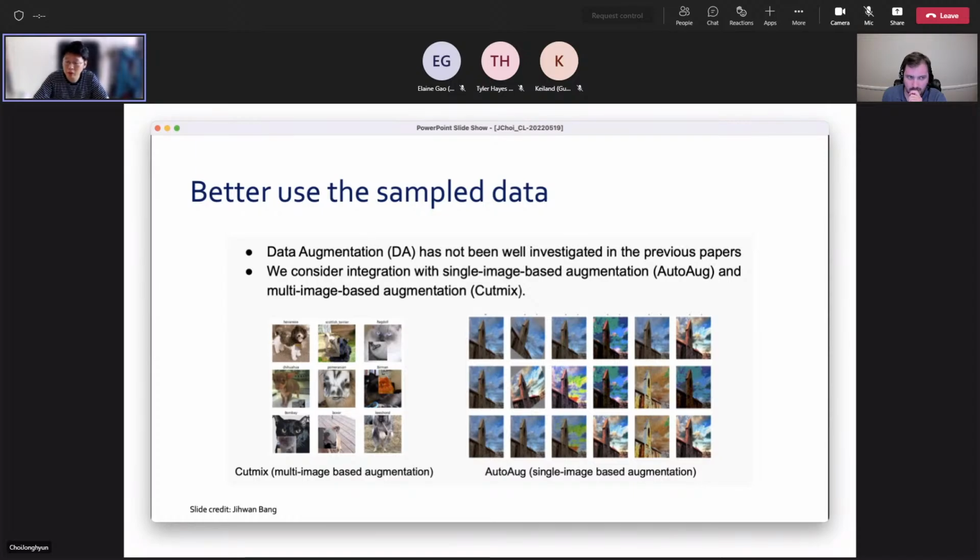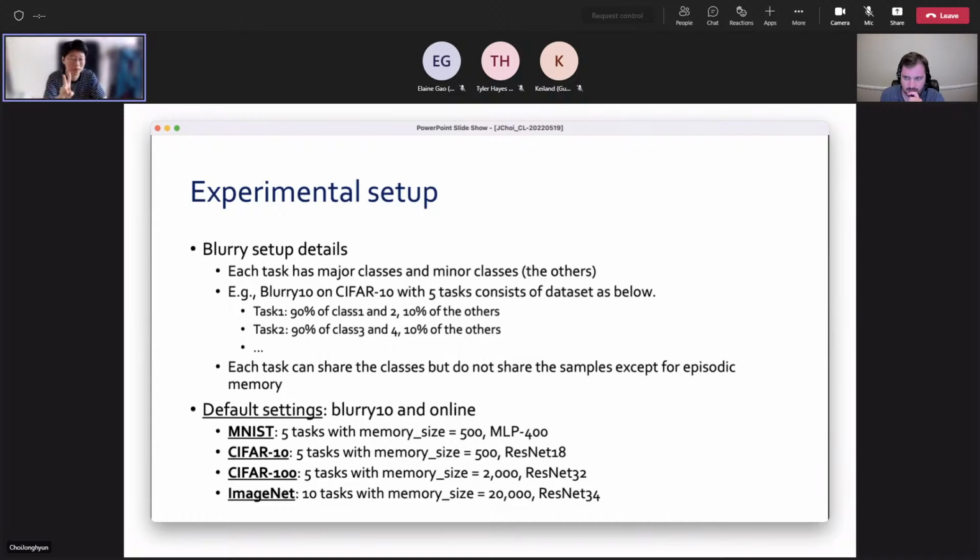We also further propose to use data augmentation when using the samples in the episodic memory, to make the diversity much more fruitful when training with newly coming samples for the updated models. For the data augmentation, we consider AutoAug, CutMix, or other augmentation methods to make the diversified samples in the episodic memory more effective when updating the memories. That's it. So by these two simple ideas, we try to improve the baseline performance over GDumb